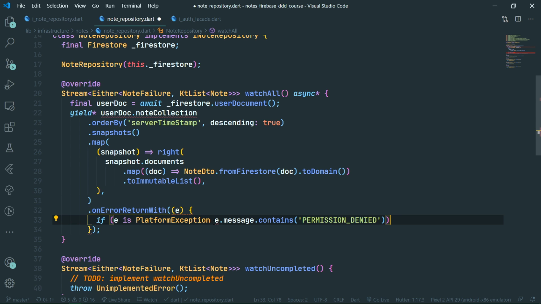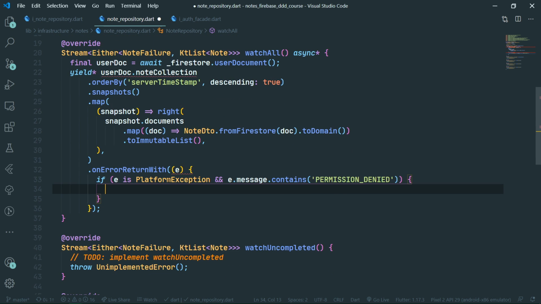And of course, it wouldn't hurt if we provided an AND operator here. So now we are talking. For some reason, this E is not getting smartcasted to a platform exception, but we know that if this condition passes, then E is, of course, of type platform exception, so we can access its message just fine without any problems. So in the case of this, when the permission has been denied, and that's why we have gotten an exception, then we want to return left,